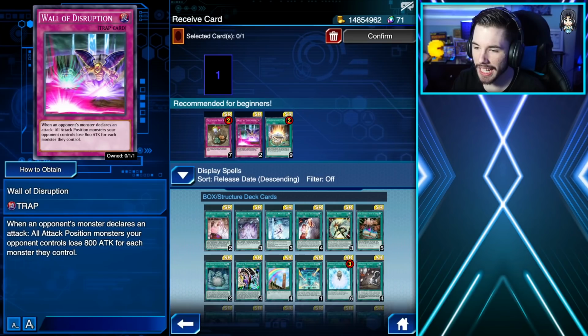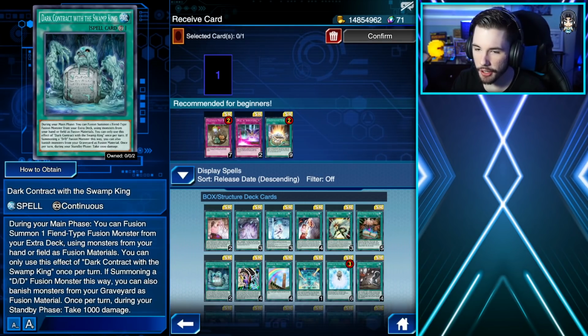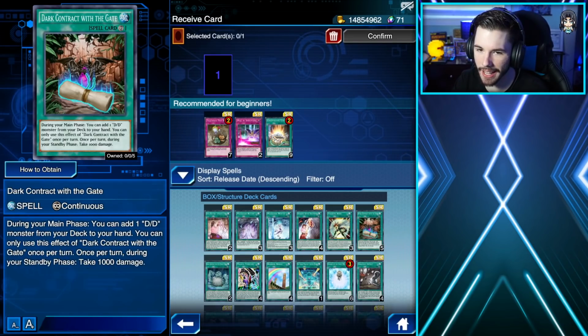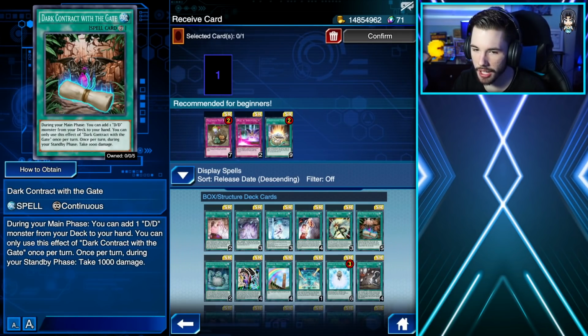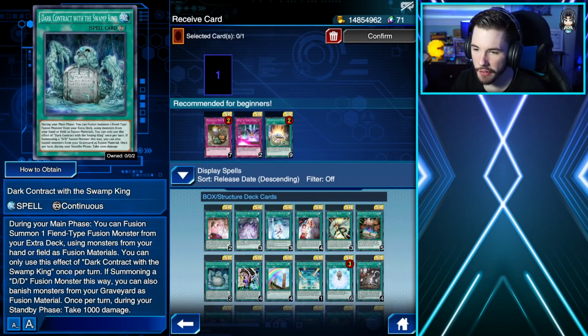Next up, moving back to spell cards, 2 cards right here that are fantastic for the DDD archetype, and that would be Dark Contract with the Swamp King and Dark Contract with the Gate. I say Dark Contract with the Gate is probably better than Swamp King, because with this card you can search for a DD monster from your deck to your hand. And yeah, these 2 cards right here just make the DDD archetype very powerful. So if you need to get that 3rd copy of whatever DDD card you need, use that SR Dream Ticket